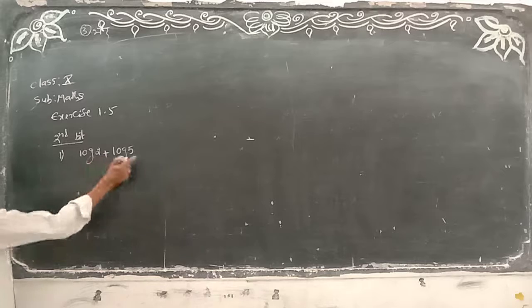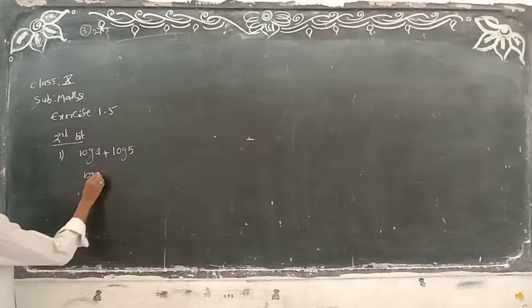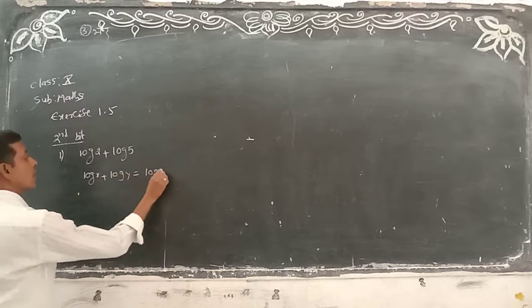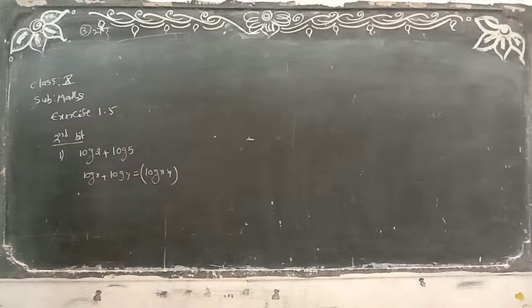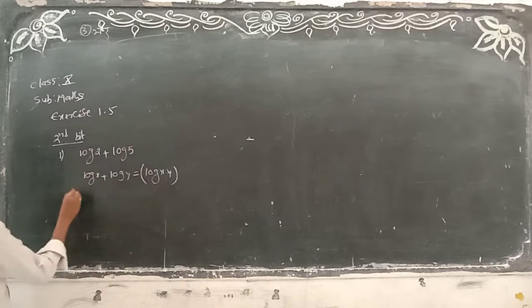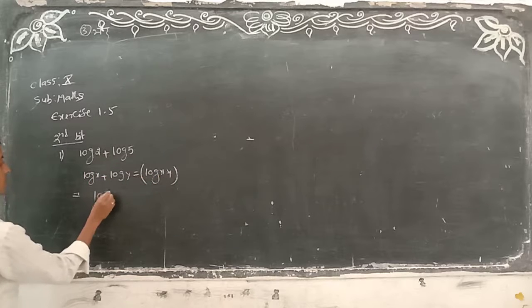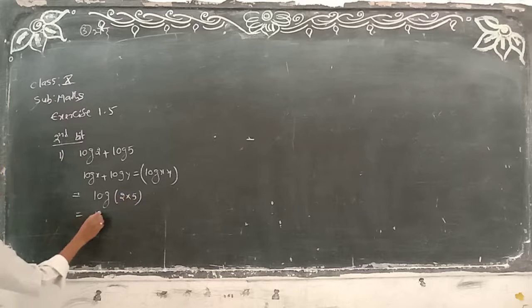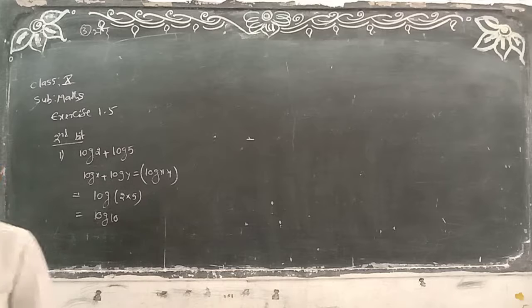So observe here, what is the formula this contains? It is in the formula of log x plus log y is equal to log xy. So whatever they have given in the problem, it is in this formula, we will write log xy. That means simply log 2 into 5. That means here log 10 completed. Log 10.